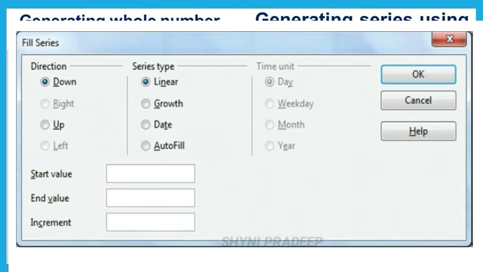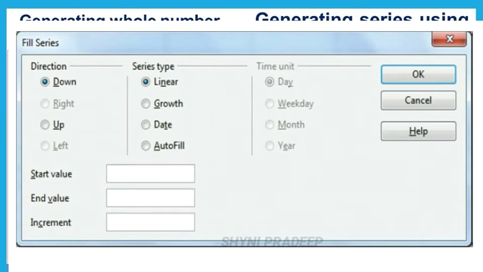After that, next is time unit. 4 options are available: Day, Weekday, Month, Year. If you select Date in the series type, you have to select the time unit also. Day means to generate the date series day wise, Weekday means weekday wise, Month means month wise, and Year means year wise.